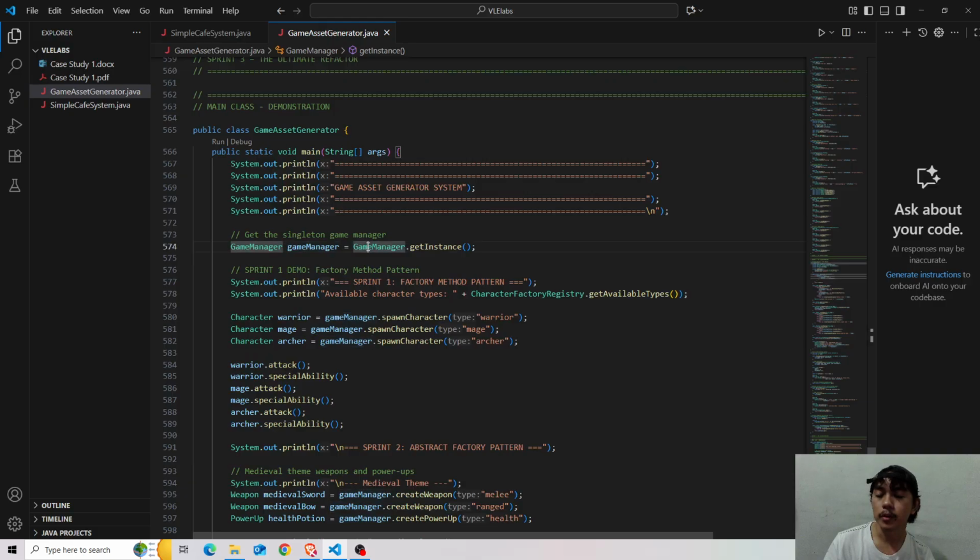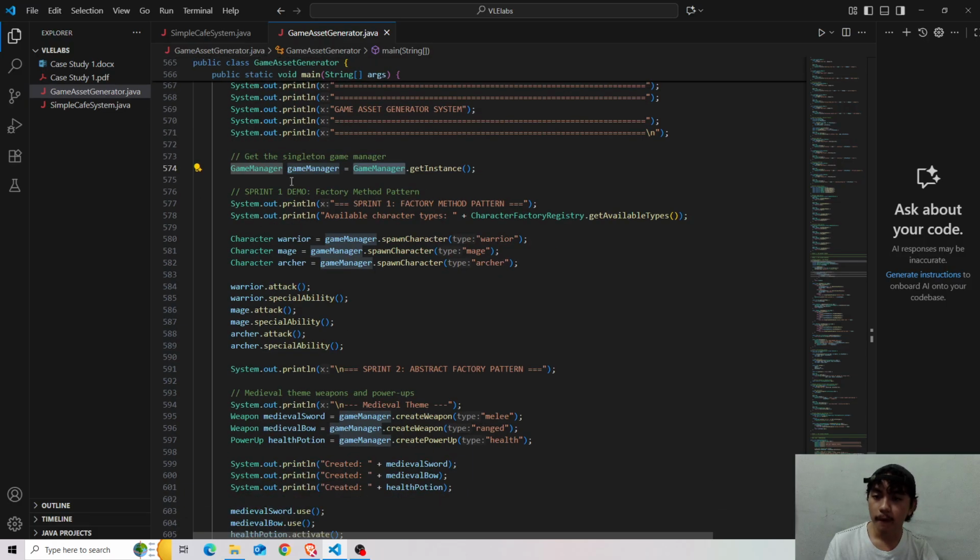Okay, so we implemented the singleton. This returns the instance for the game manager. Okay, so we'll be proceeding to sprint 1 factory method pattern.